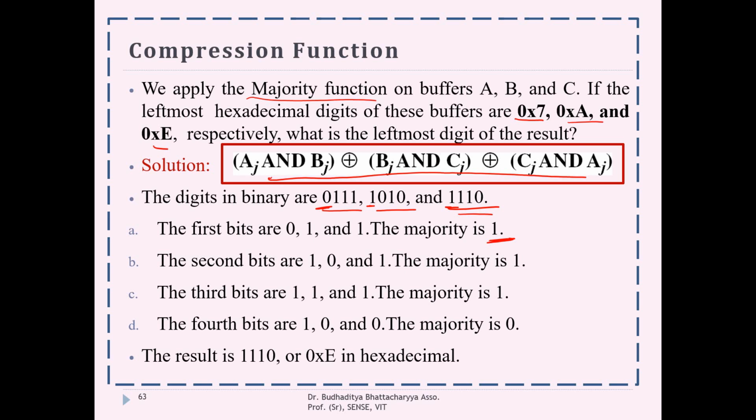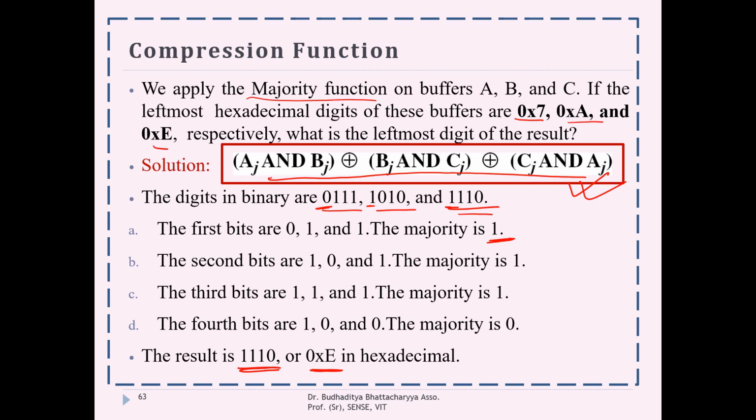Whatever data is given over here, convert it to the equivalent binary. Take each bit at a time. Substitute in this equation. Okay? Find out the corresponding result over here. So the final result after this majority is coming as this. The only task that you have is to remember this as the majority function. That's the only task. As I said, in this particular module, we are not going to invest much on numericals,